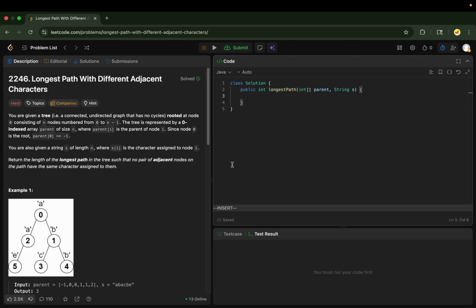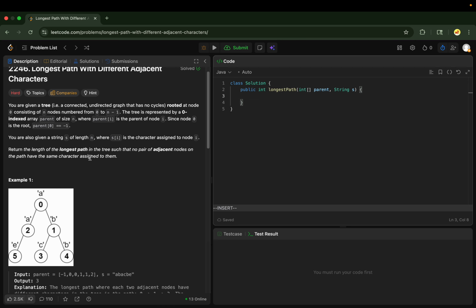Going to talk about the 2246 Longest Path With Different Adjacent Characters. The question is, you are given a tree, a connected undirected graph that has no circles, rooted at node 0,